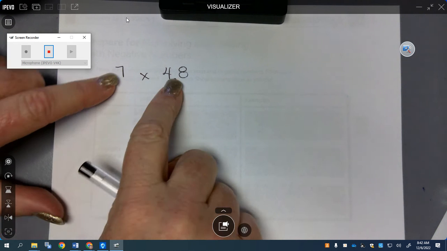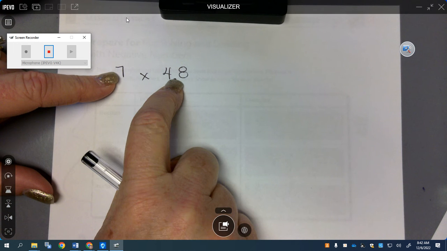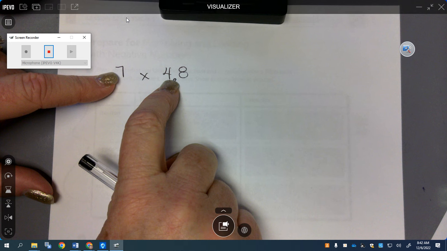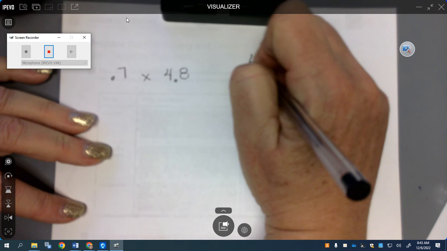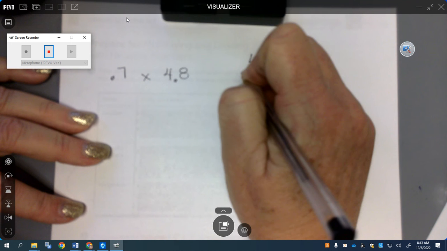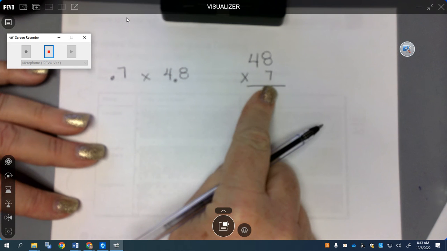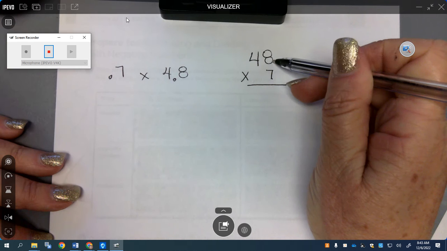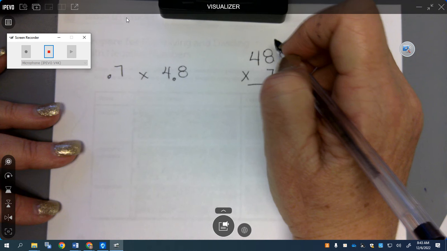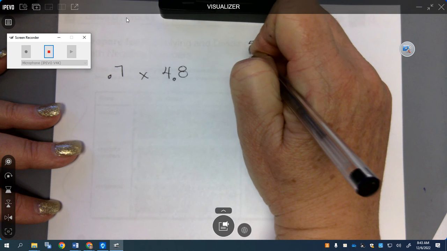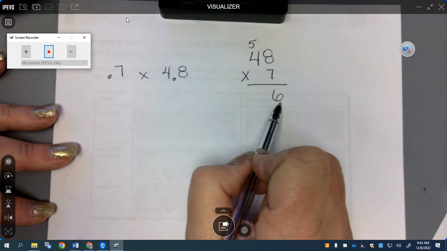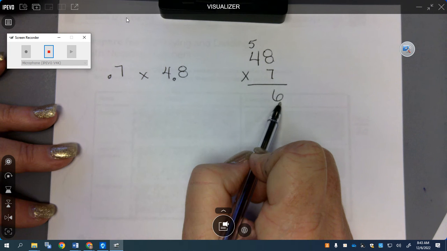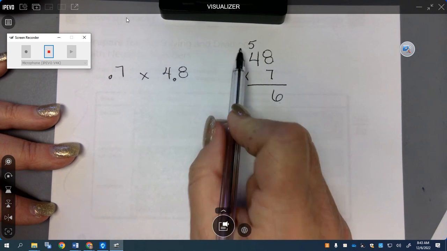Okay, so I take my decimal points out. And this now becomes 7 times 48. I put the number with the most digits on top and the number with fewer digits on the bottom, and I just multiply these, right? So 7 times 8 is 56. All right, so carry the 5, bring down the 6 in the ones place. 7 times 4 is 28, plus 5 more is